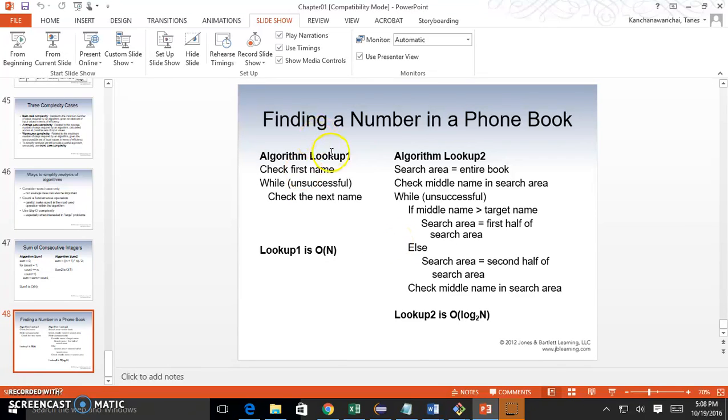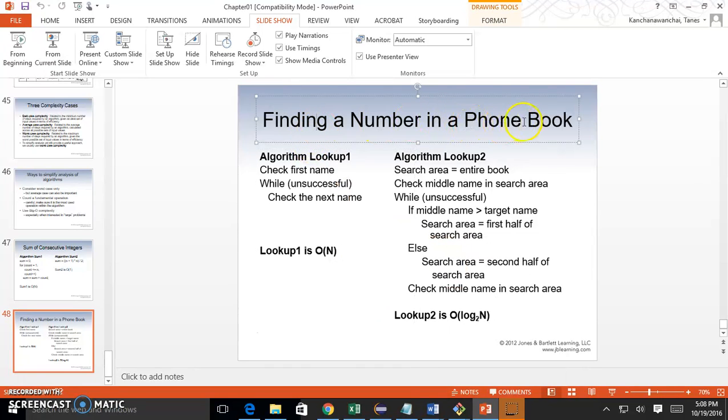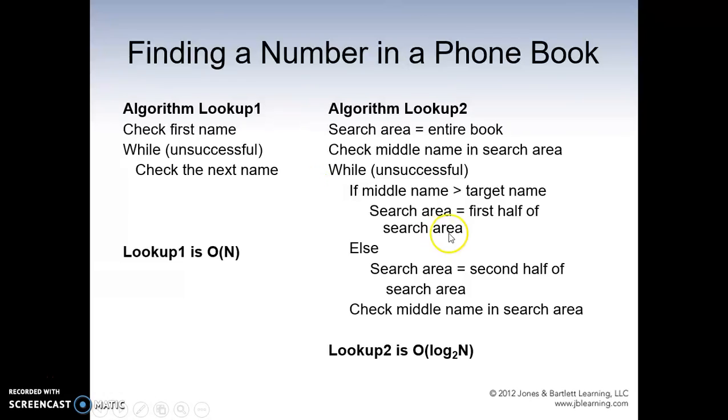if you look at another one, let's look at how to measure this. Finding a number in a phone book. If you do linear search, you use a loop. You write an algorithm to search from the beginning, and if we find it, then we return. That's going to be big O of n, the worst case. Is there a better way? Yes. You can do a binary search by jumping into the middle, assuming this is a sorted list,